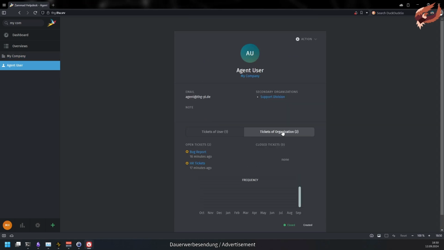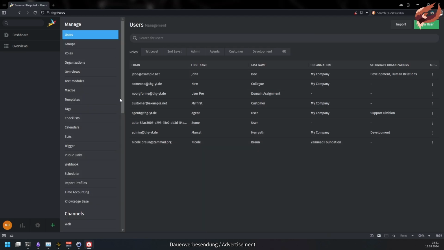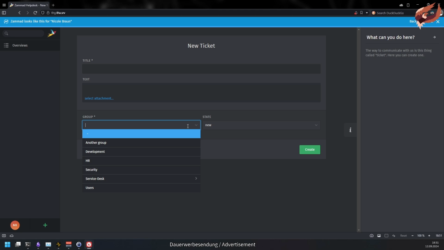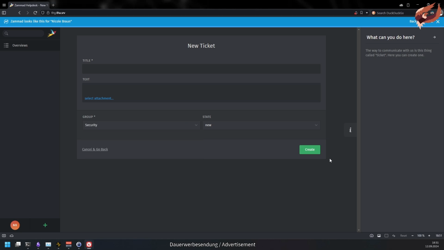Zammad will list all organization and organization's user tickets in the user information screen. Administrators and every user with admin user permission can take over the session of others. This helps to check how a user sees configuration you have done. However, this option comes with great responsibility and will temporarily throw the user out of their session,